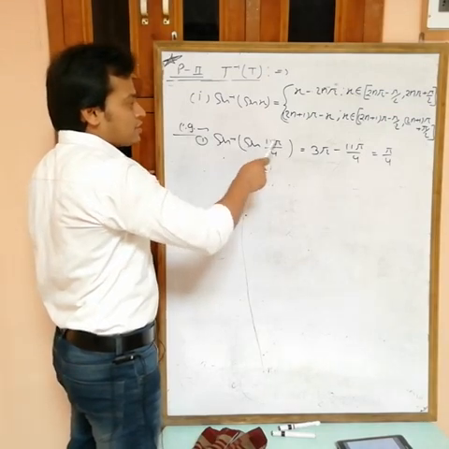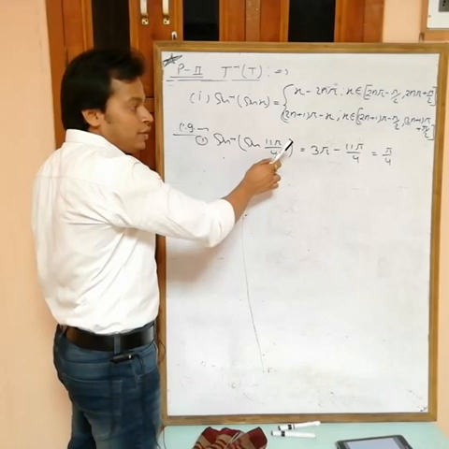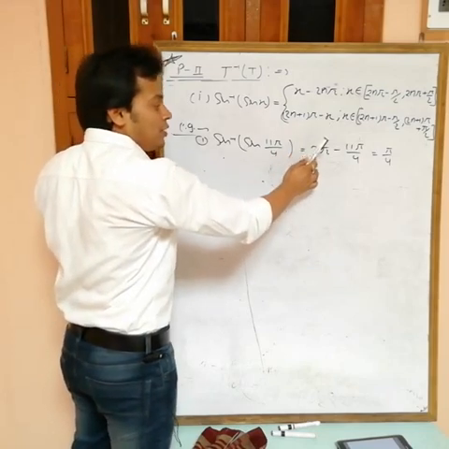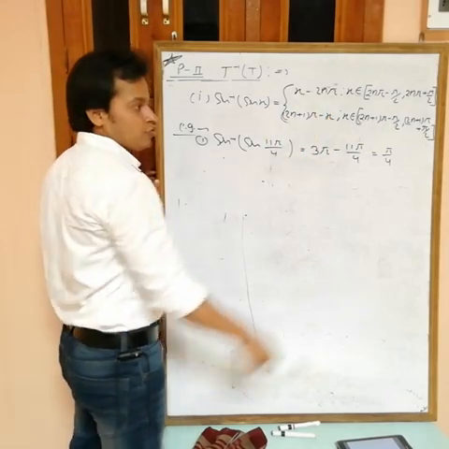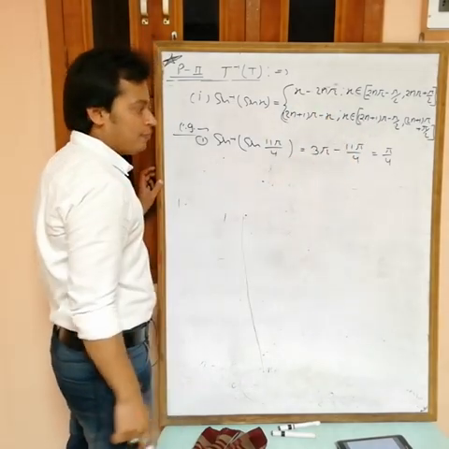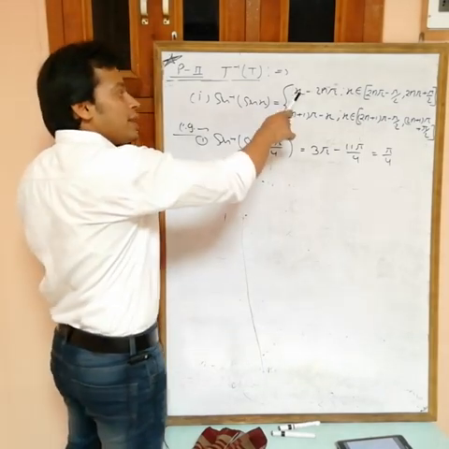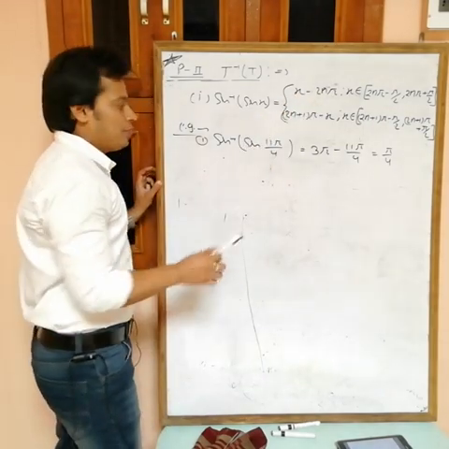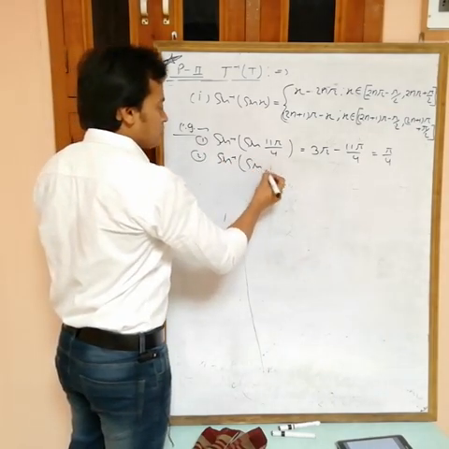In sine inverse sine x, if x is near to an odd multiple of pi, then the formula is that odd multiple of pi minus x. If x is near to an even multiple of pi, then the formula is x minus that even multiple of pi. Now see the second example, sine inverse of sine